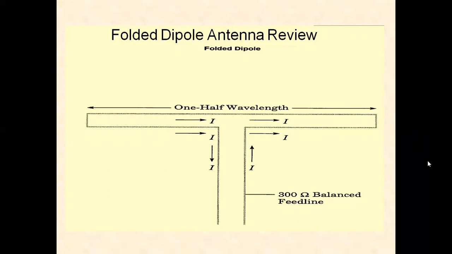Then the current in each arm is I by 2. I by 2 flows in this arm. I by 2 also flows in this arm. That is, one half of the current flows in the first arm and the other half in the second arm. Hence, the input impedance is 4 times that of straight dipole. That is the reason half wave dipole is folded. Hence, the radiation resistance of folded dipole becomes 4 times 72, that is 288 ohms.